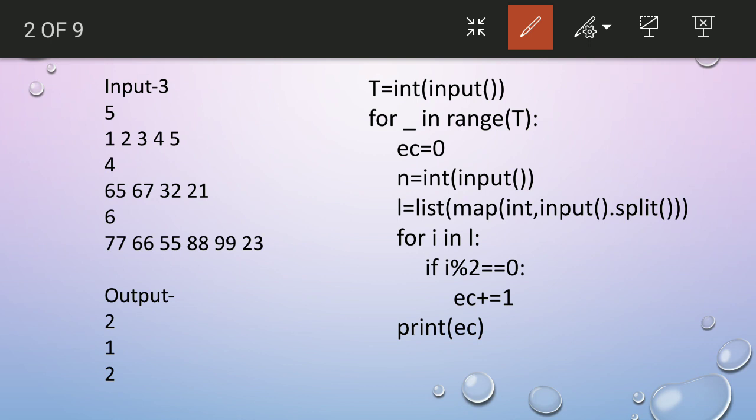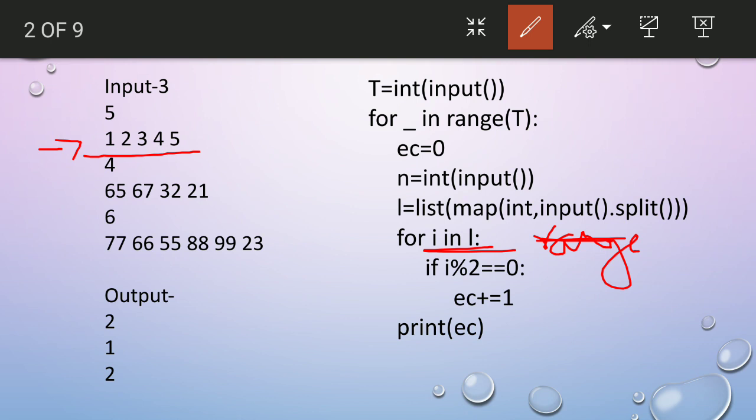After taking this list 1 2 3 4 5, for i in L. Here, in L, we are not taking any range value. If we had taken a range value, it would mean we have to work with the index. But here, directly with L, we are working with the values, not with the indices.